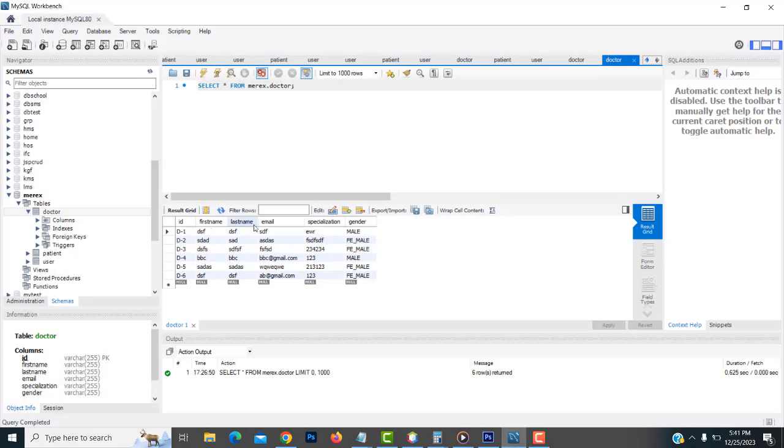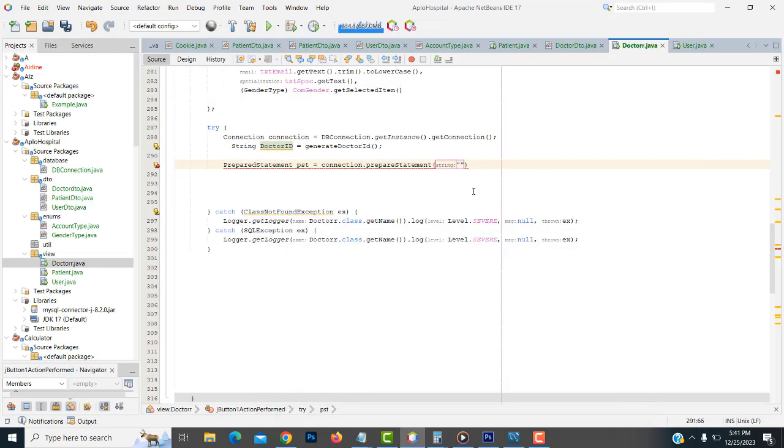What are the columns here? First name, last name, email, specialization, gender. You have to write the same like this. Insert into doctor. Doctor you have to write here: ID, comma, first name, comma, last name, comma, email, comma,